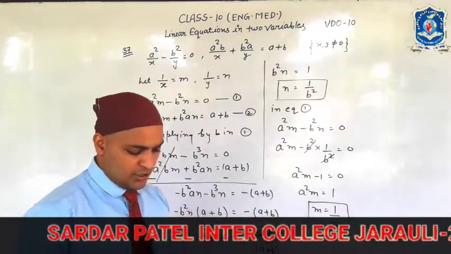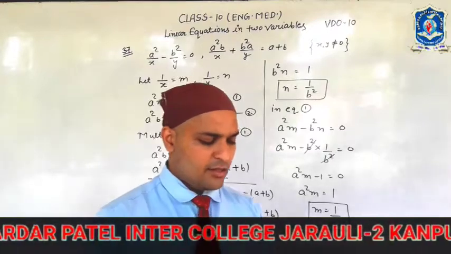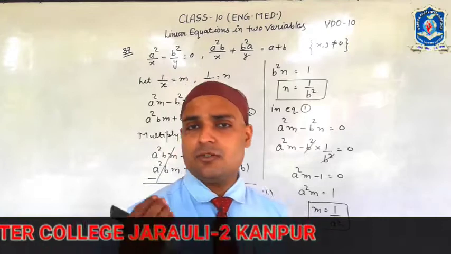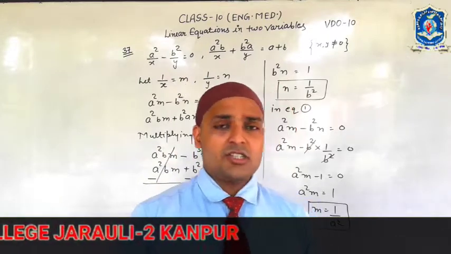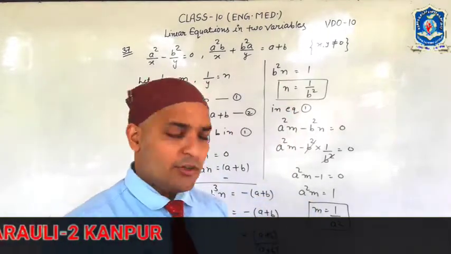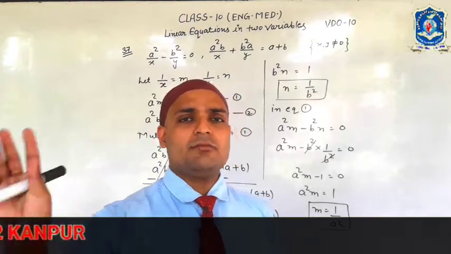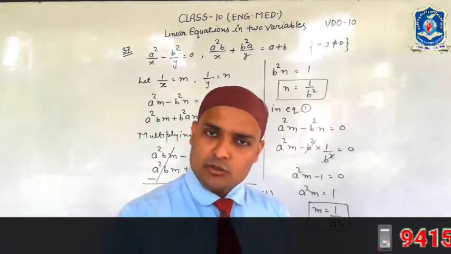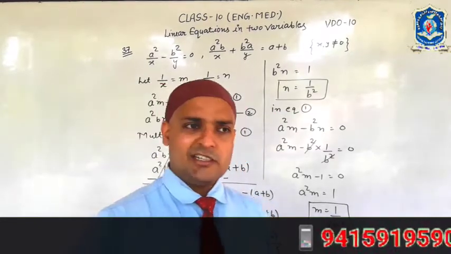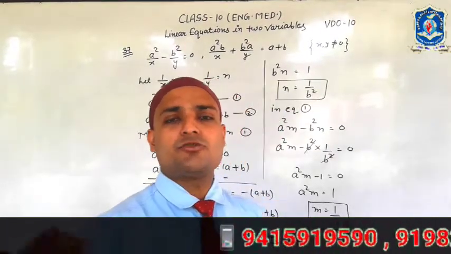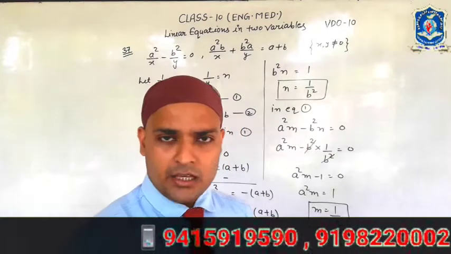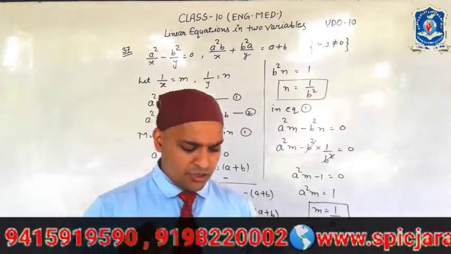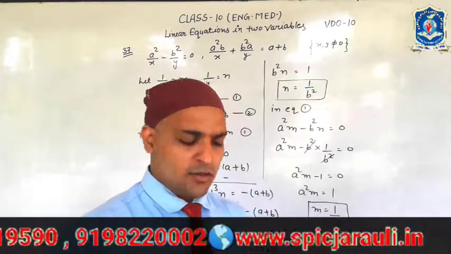This was the question. Question number 38 is x plus 6 upon y is equal to x, 3x minus 8 upon y is equal to 5. Now in this question only let 1 upon y is equal to something. Because x is simple, y is in the denominator, so only let 1 upon y is equal to m or a or as you want. Okay, so question number 38 is very easy.